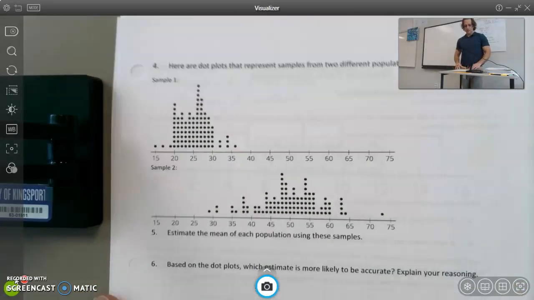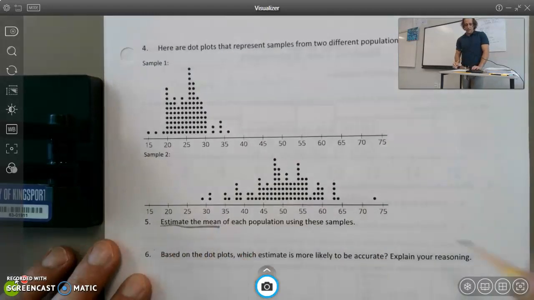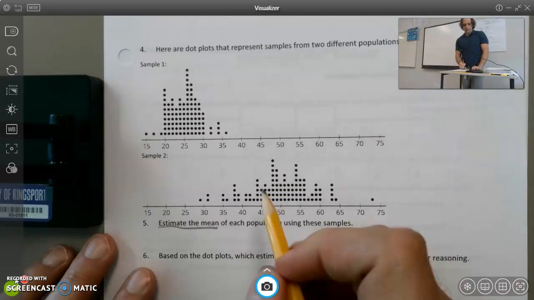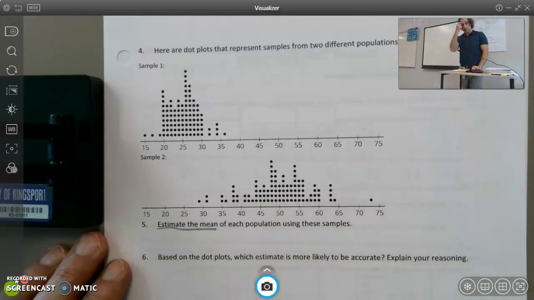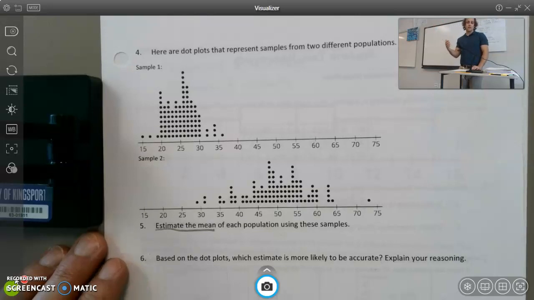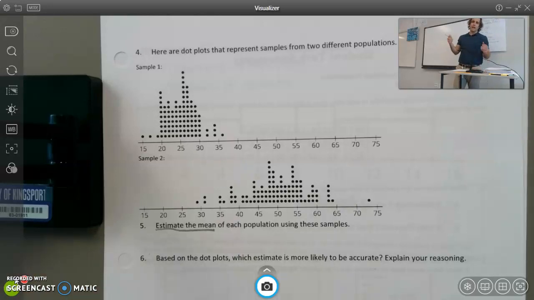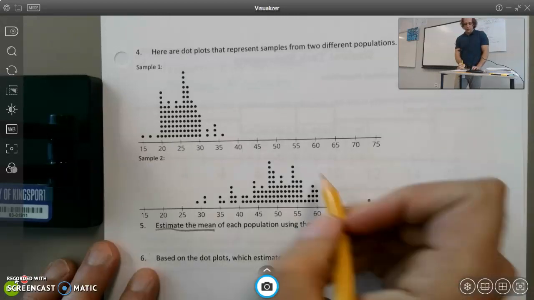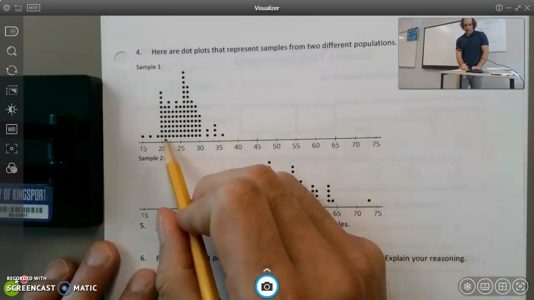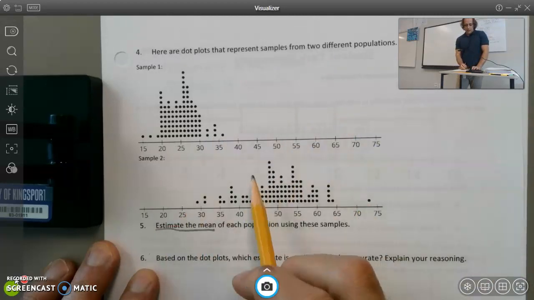Dot plots that represent samples for two different populations. Estimate the mean. On this one, we actually will be estimating the mean. Remember, in the previous ones, it said stuff like estimate the median for all participants. In that case, we actually found the median, and then we estimated that all the participants had that median age, or that median amount of time playing the video game, or whatever. In this case, we don't know the exact value of this data, so we are going to just estimate the